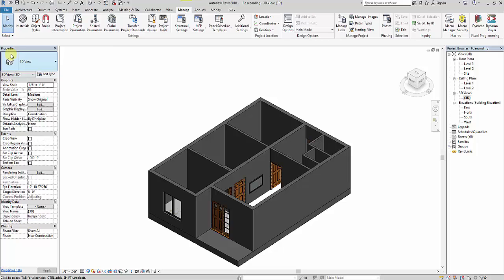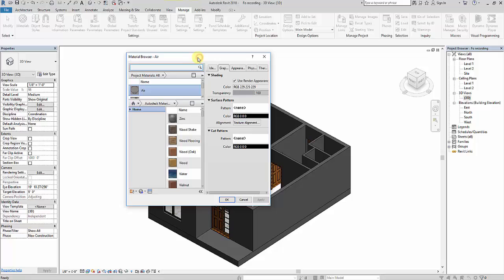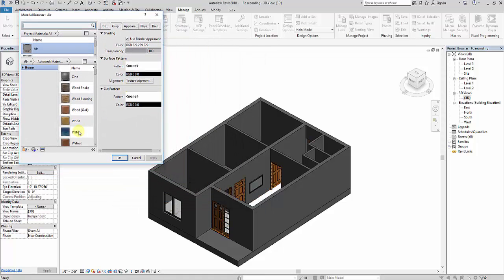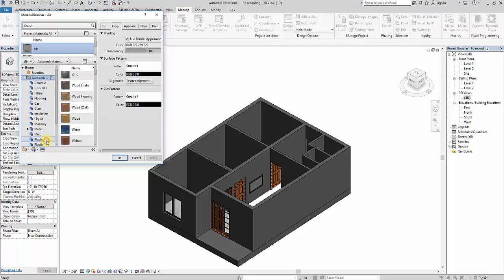First I'll go to Manage, and here I'll select Materials. The Material Browser will open. Next I will drop down Home, drop down the Autodesk Library, and select the material which has the image fade option. Now what is image fade? Image fade is an upper wrapper which is applied to the material. If I remove the wrapper, I can apply a different material or a different color to that particular material. So here, let me take plaster.